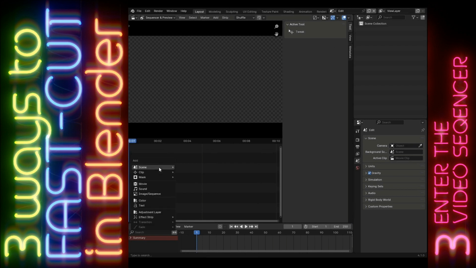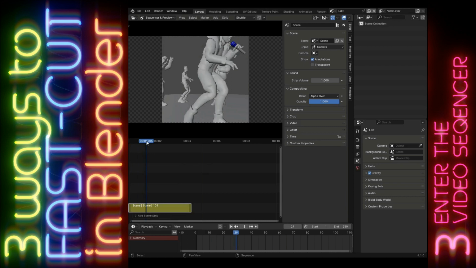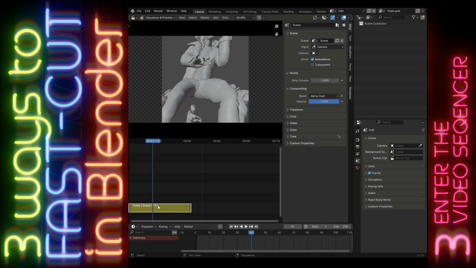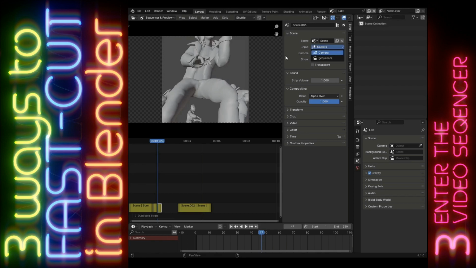On the timeline we can press Shift A for add, and what are we going to add? We're going to add a scene, and the previous scene is currently called Scene. You might have changed its name because who knows what you get up to. We can now cut this with the K key,